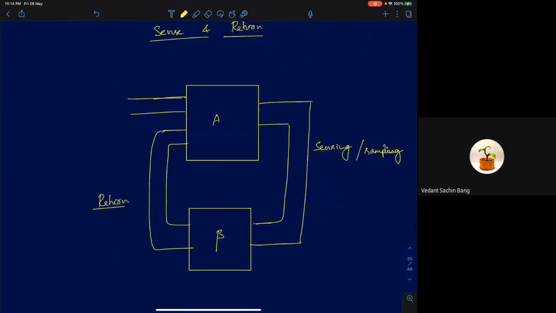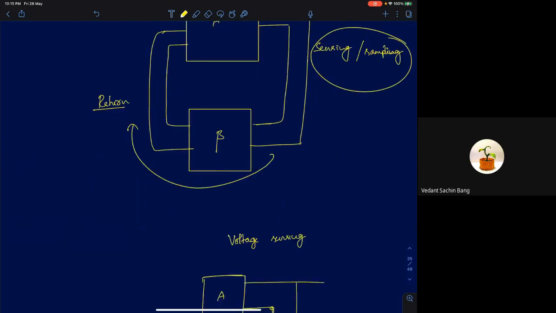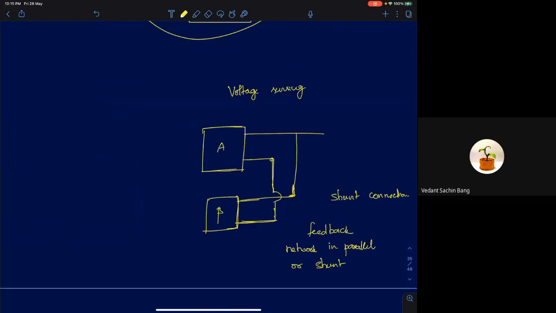Any general feedback system can be represented by this model. You have a quantity which is being sensed or sampled, and then it's being returned back. So there is a sense and return mechanism in negative feedback amplifiers. Using this mechanism, we will now apply a naming convention. Let's say I'm going to sense a voltage at the output.